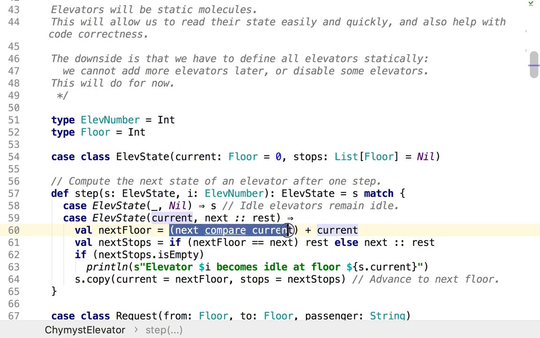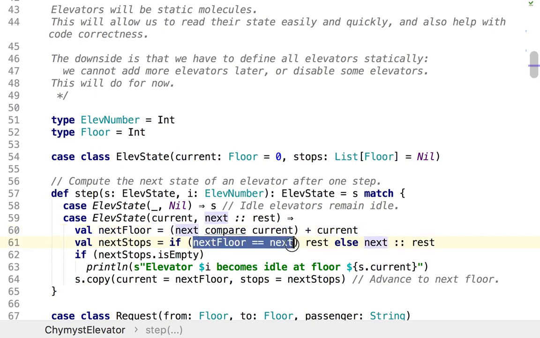I move one floor, so this is going to be either 0, 1, or -1. The 0 would happen when next is equal to current, but that we will avoid in practice. We will never have that situation,